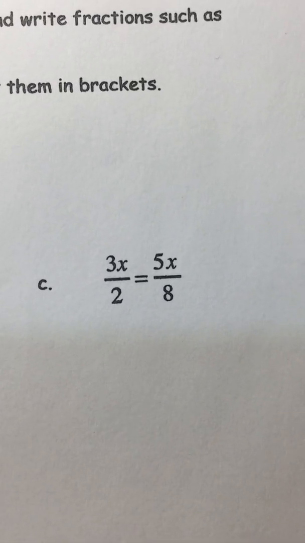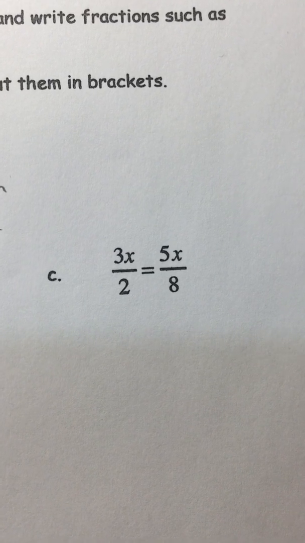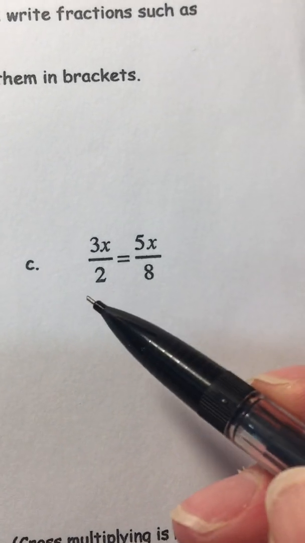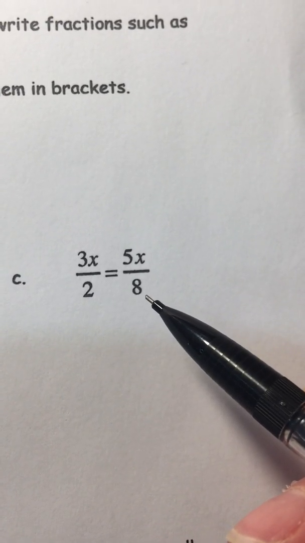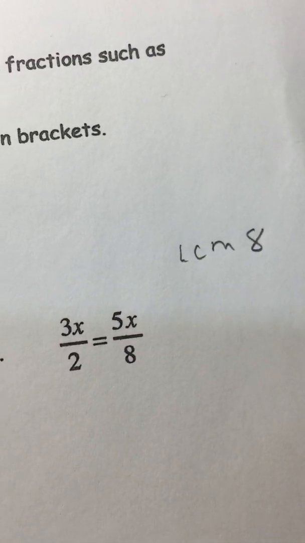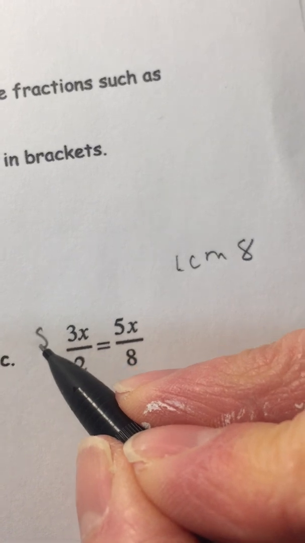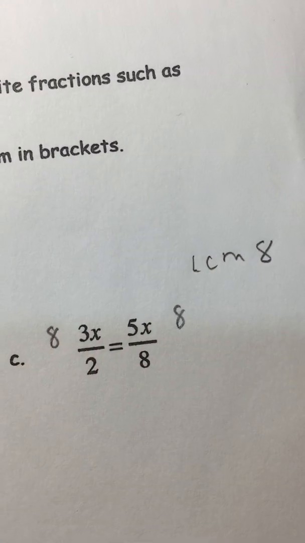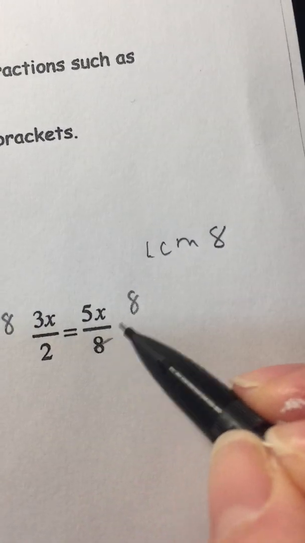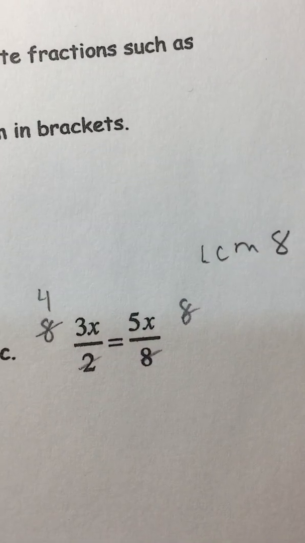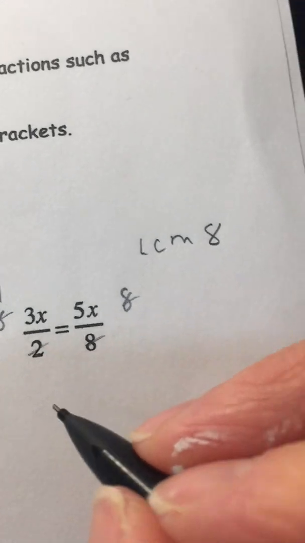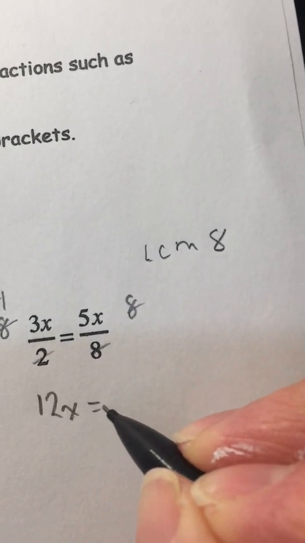Okay, but this is what cross multiplying really is. This is what you've been doing all along. So the denominators are 2 and 8. The lowest common multiple that they both go into is 8. So I'm going to multiply both sides by 8. If I multiply both sides by 8, obviously it cancels on that side. 2 goes into itself once, and it goes into 8 4 times. And then I'm left with 12x is equal to